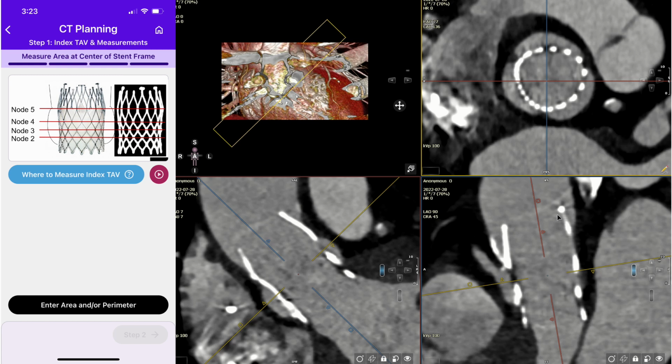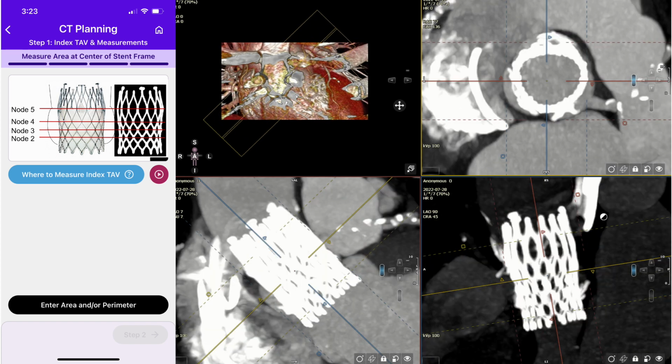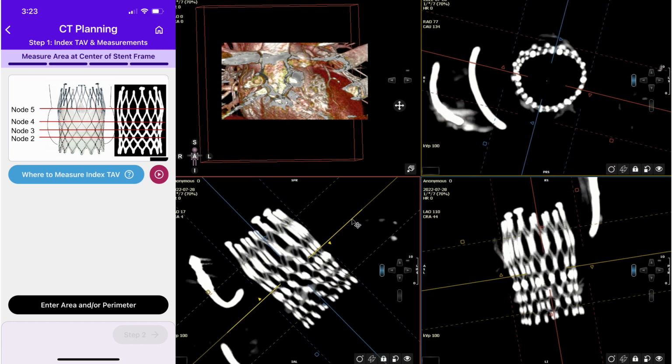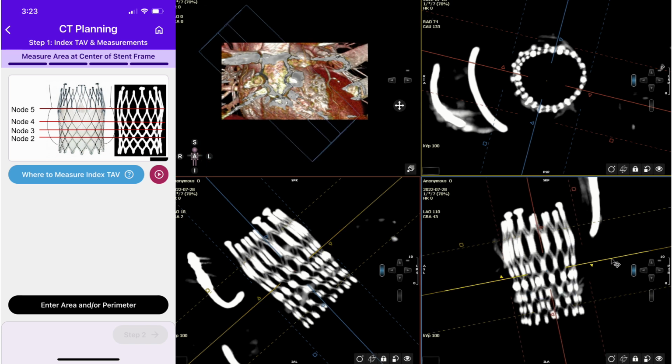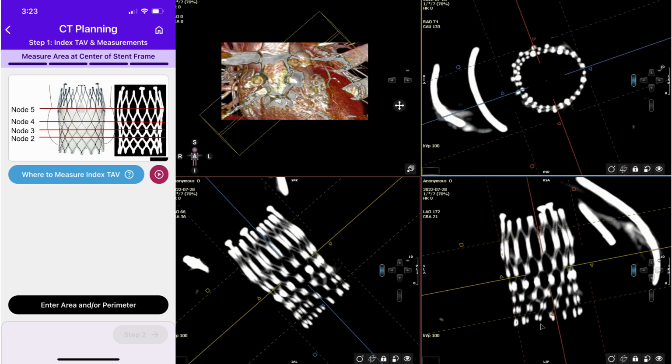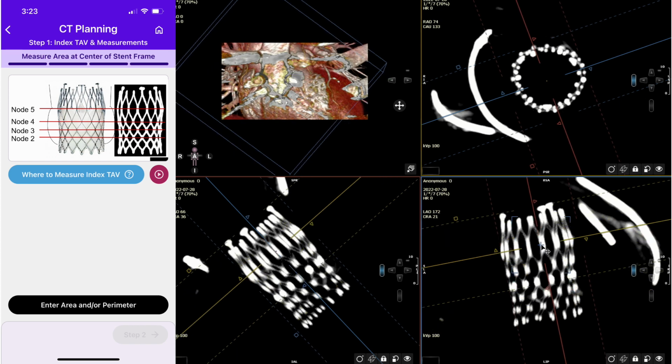These measurements will be used for second TAV sizing later. We can also understand how much the index TAV is underexpanded at this point. For Evolut, 4 levels require assessment, from node 5 to node 2. So now, make sure the MPR is aligned to be orthogonal to the valve. Bring the plane to node 5